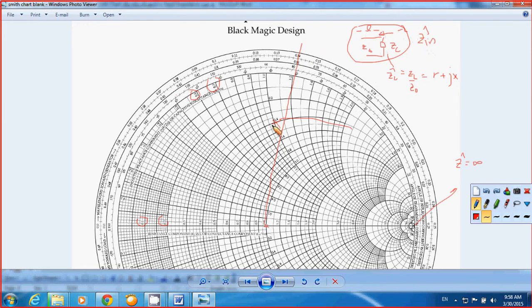How many degrees you rotate depends on the length of the line in terms of lambda. So you take the reference point as ZL normalized, and then you just rotate in the clockwise direction, depending on how many lambdas the length of your transmission line is. And when you find the final point here, you can read the real part and the imaginary part, and that gives you the input impedance normalized. Okay,